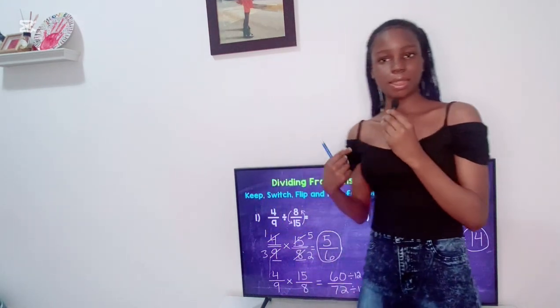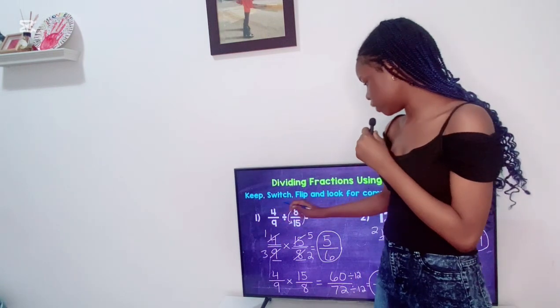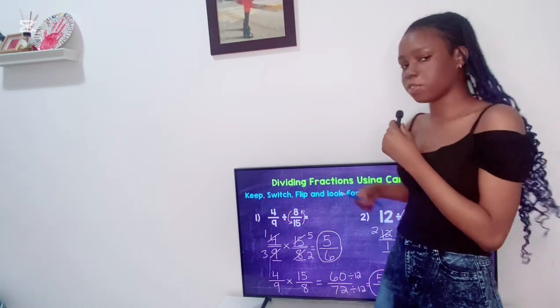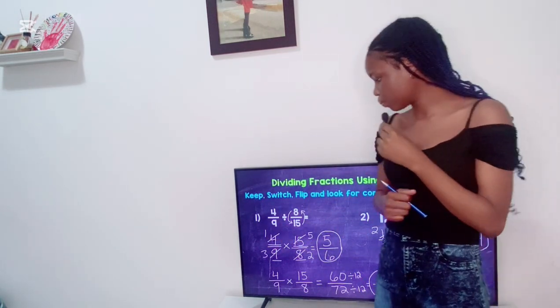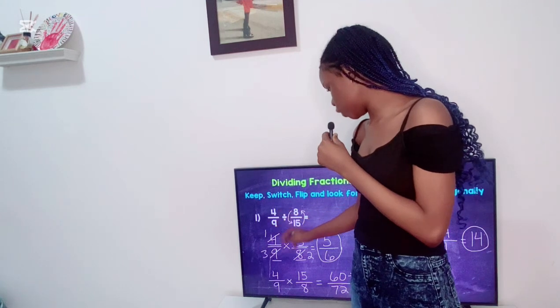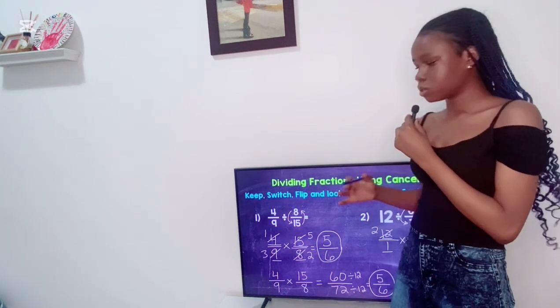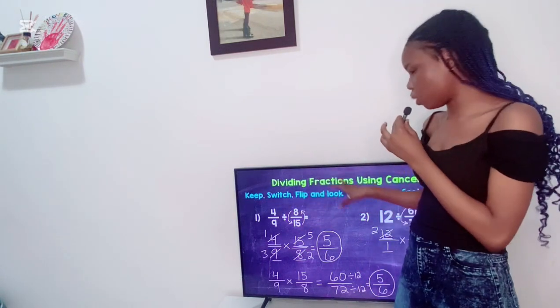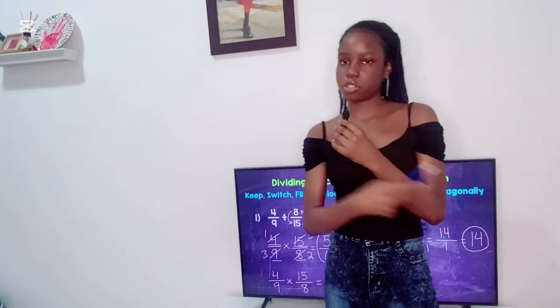Okay, so now let's go over our rule. The rule is keep, switch, flip, and look for a common factor diagonally. Let's move over to number 1, our first example, which says 4 over 9 divided by 8 over 15. Before we get into switch, flip, and look for a common factor diagonally,